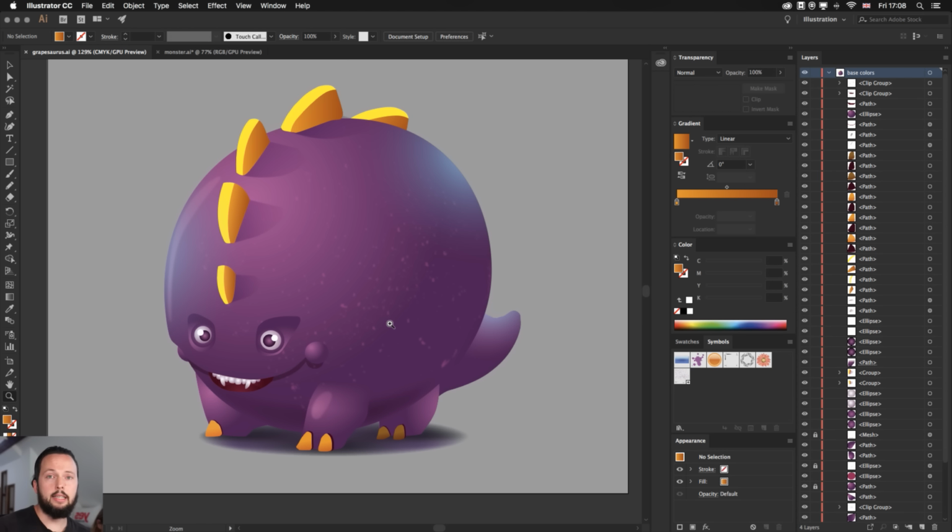But as I said, if you work in Illustrator like most professional illustrators would, that means the artwork that you produce can be printed in any size without losing quality. That's why for print especially it's very important, because you want your graphics to be scalable to any size and always maintain the original quality.